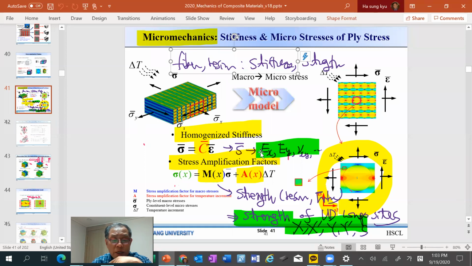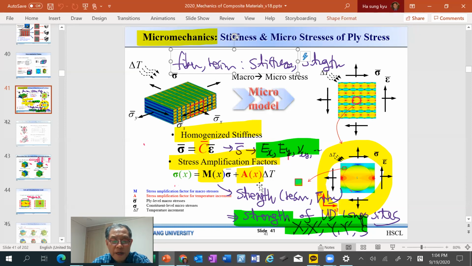Once we have a compliance, we can calculate the homogenized macro level stiffness, or engineering constants: Young's modulus X, Y, and Poisson's ratio, and etc. Another thing we can calculate is the stress amplification factors which relate sigma bar, again the macro level, ply level stresses, and sigma, the local stresses at the micro level, which